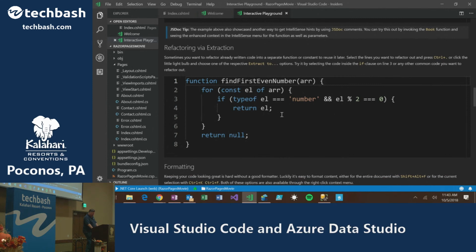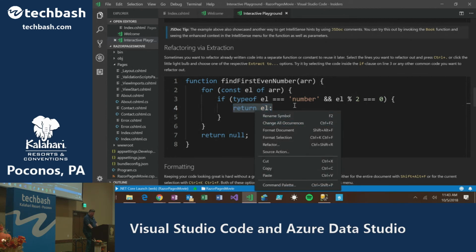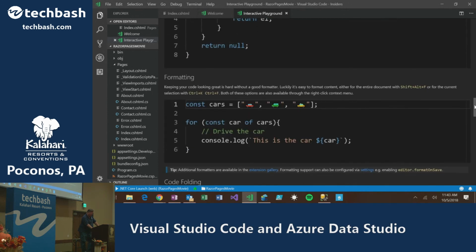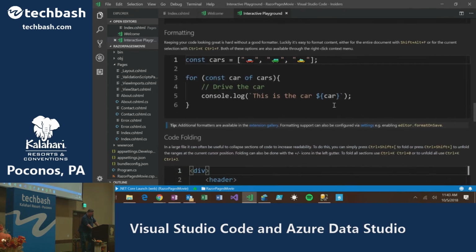Something like this, I think I had trouble getting this one to work. But what you're supposed to be able to do is extract this, so refactor, and it doesn't, that's it. They wanted me to do this. So you highlight this, and you get this little light bulb, and then you're supposed to be able to click a button, and that takes that and makes it into a function. But I didn't get that sample to work. What else?